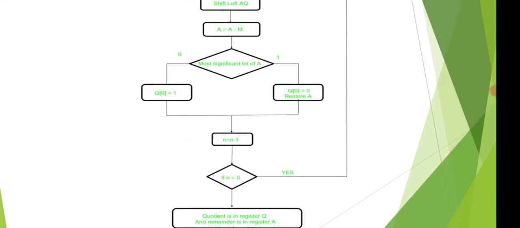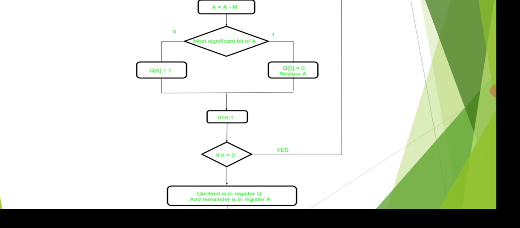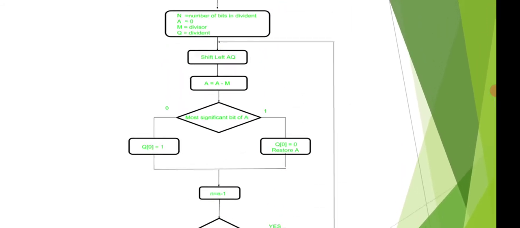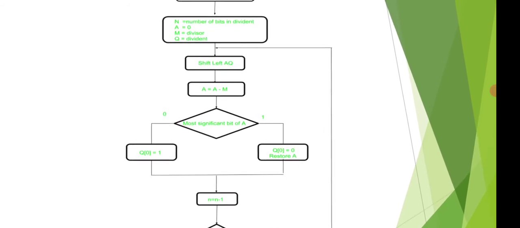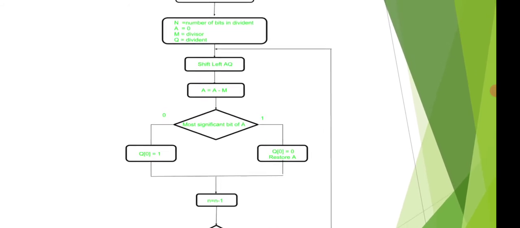Next, I need to decrement my count value, n equals n minus 1. I need to check whether n is equal to 0. If it is not equal to 0, then I again perform arithmetic shift left on A and Q. Again I do A equals A minus M. I check the MSB of my accumulator, whether it is 0 or 1.